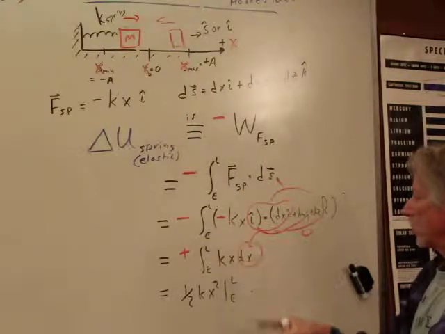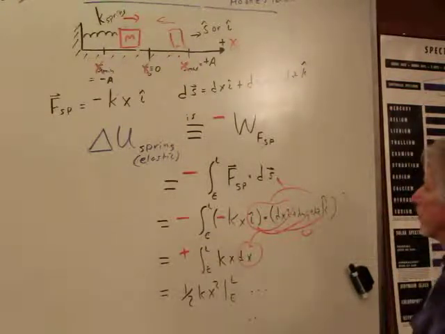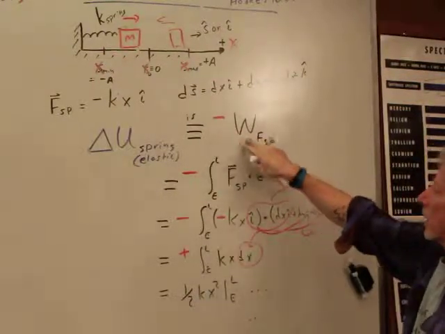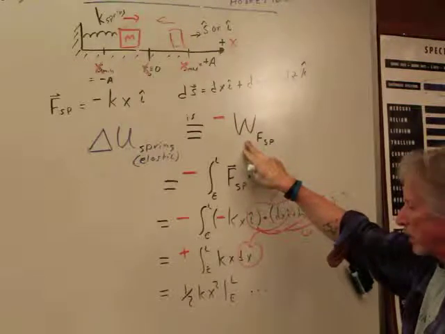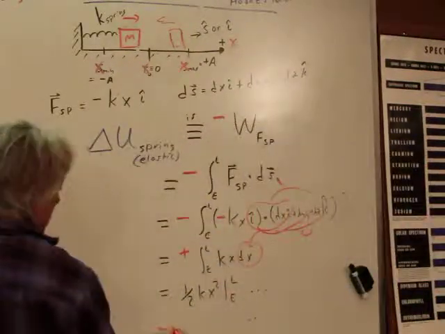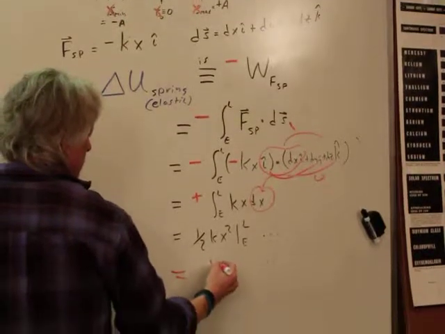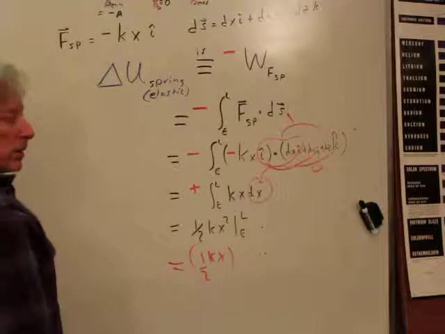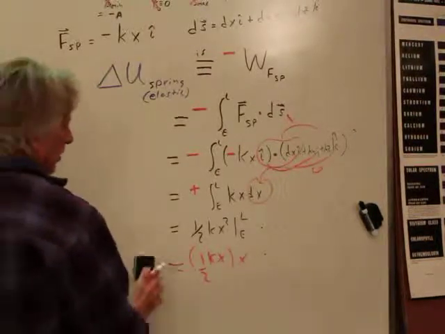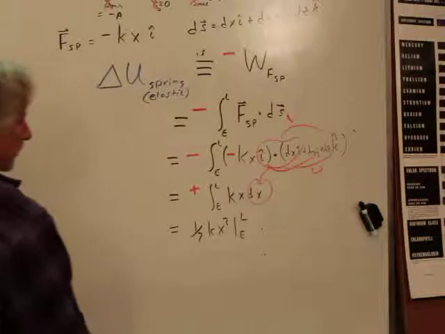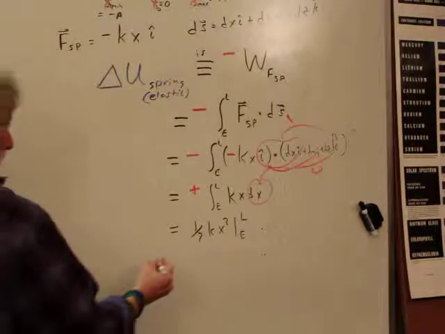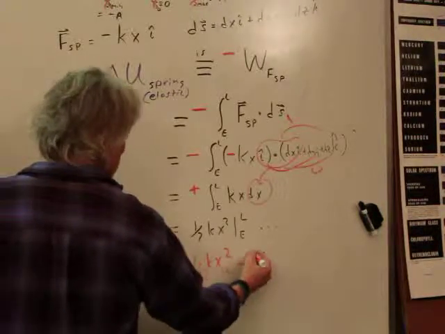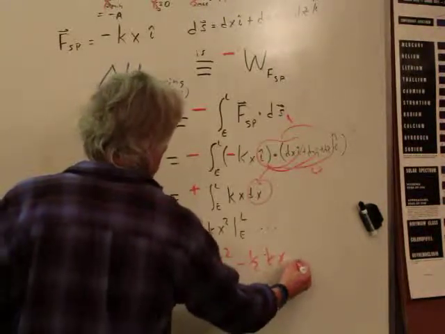Earlier to later. Now you could also do this if you don't have calculus by saying it's a negative work to the spring, which is the negative average force. And so we did that before, that the average force for a spring is 1/2 kx times x. So you could look that up again if you didn't have calculus. But we do, and we got this, and we say, okay, well that's 1/2 kx later squared minus 1/2 kx earlier squared,